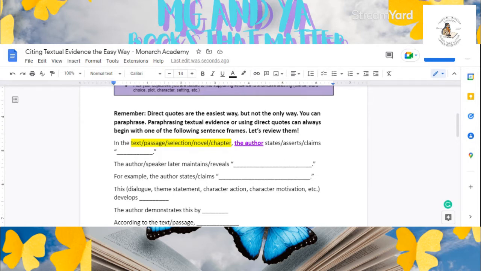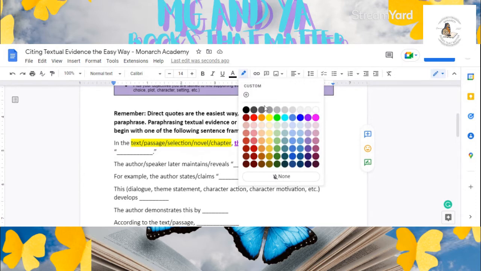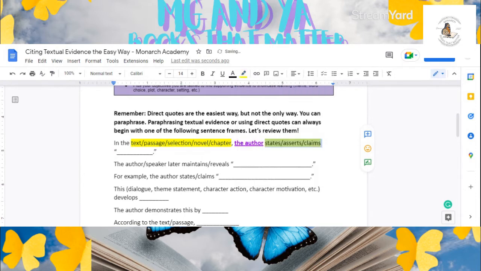she states or asserts or claims. And then if you're asking about themes, she implies, or you can add any type of word here that shows that action. And then you can see right here that you will have an opening and a closing quotation mark indicating that this is a direct quote.